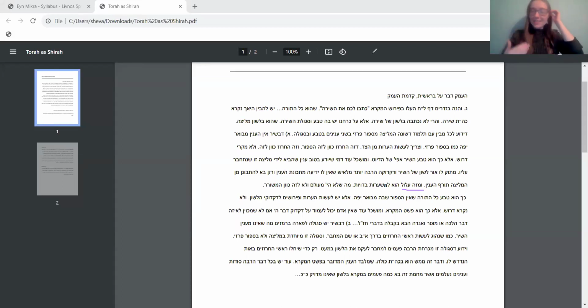So the Netziv here is going to talk, and we're going to do a few more pieces from the Netziv, about the importance of really focusing on the writings of Chazal, but that it doesn't end there. That's what he says. It doesn't end there. It maybe starts there, but we also need to be able to learn the stories about Abraham from the text, right? That also needs to be done.